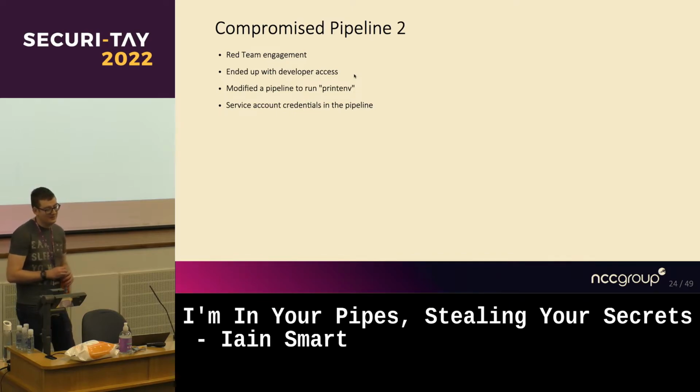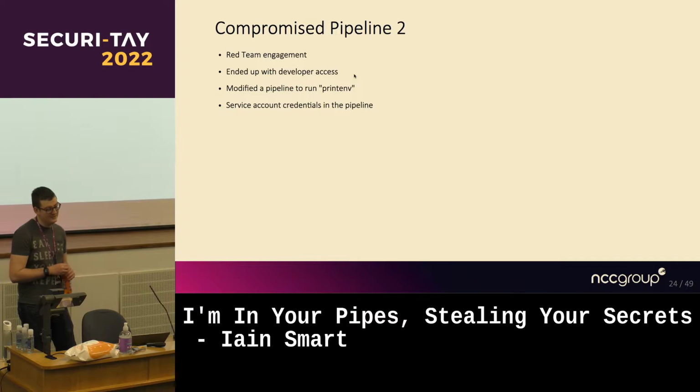and we went, right, these guys are really clued up. They're quite strong. Their perimeter's good. Let's see if we can do anything at all with this. This was just a development environment, and we couldn't see any pipelines that pushed into production. We couldn't see anything other than basically unit tests.